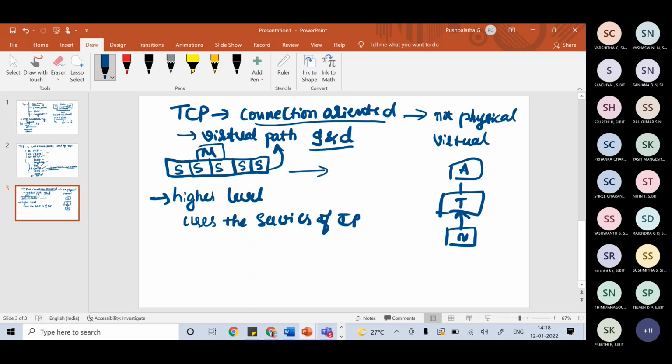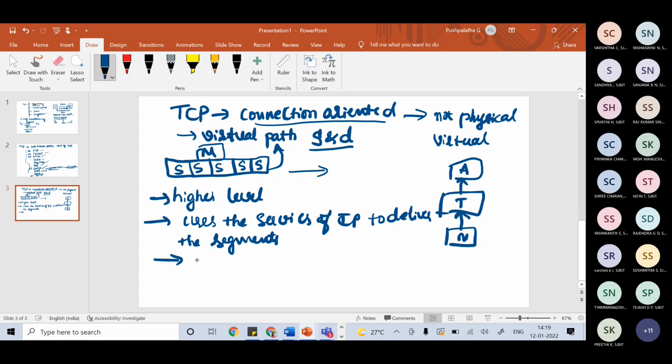I hope you are getting this. That means TCP uses the services of IP basically to deliver the individual segments. At the same time, it serves the application layer.